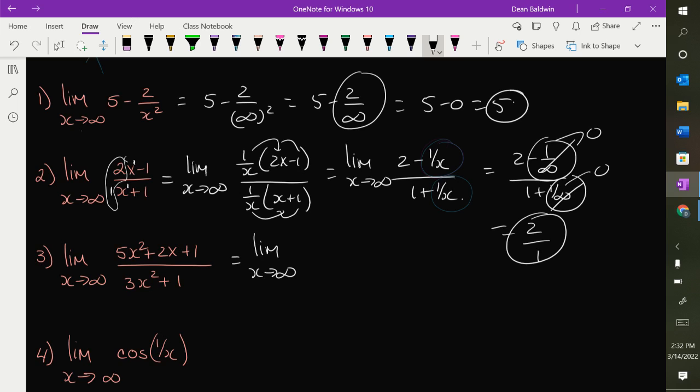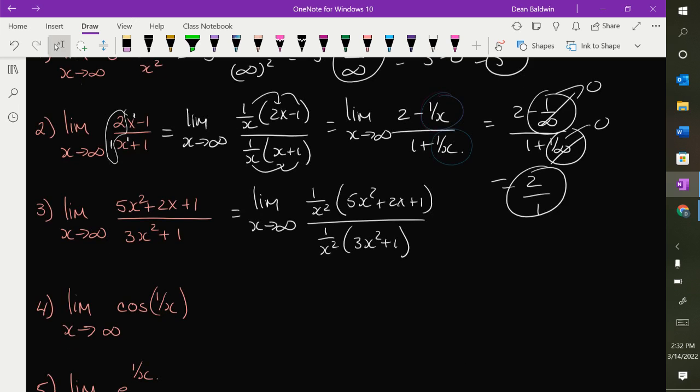So we multiply top and bottom by 1 over x squared. Then you multiply that in, and I will end up with the limit as x goes to infinity of 5 plus 2x over x squared plus 1 over x squared over